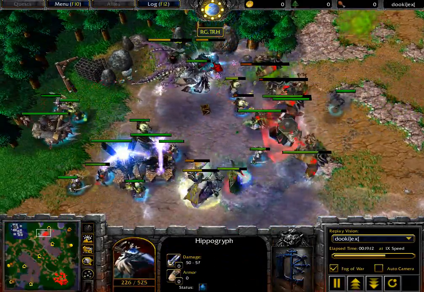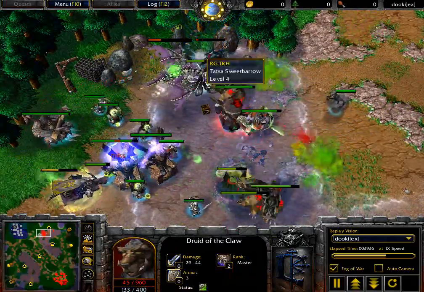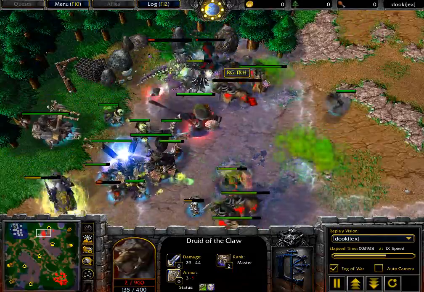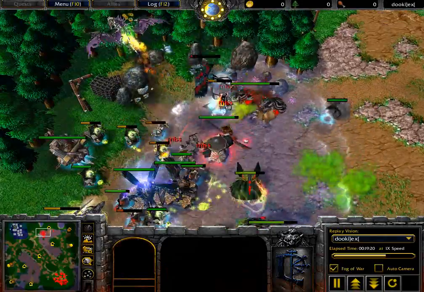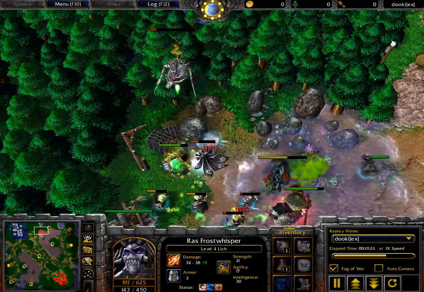Obsidian statues up in the air. Hippogriff trying to fight back against that one Frostworm as those meat wagons are continuing to fire right now. And two bears very, very low on hit points. Down goes another bear, and that Frostworm desperately trying to run away. Down goes level 4 on that Lich right now as that